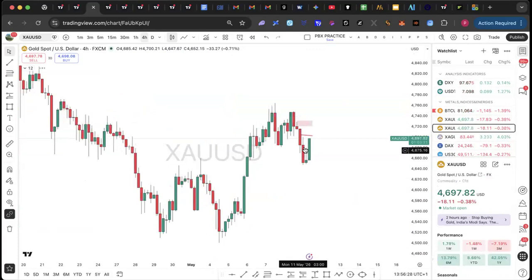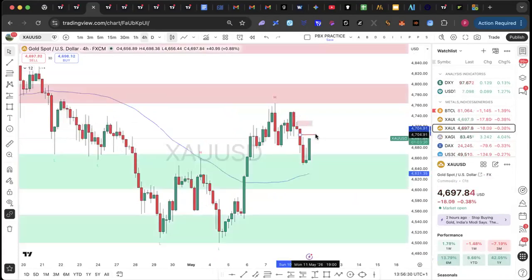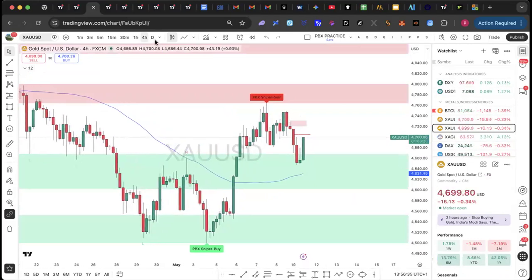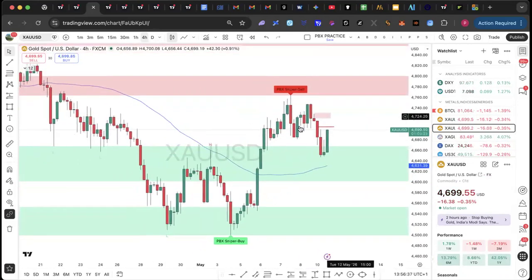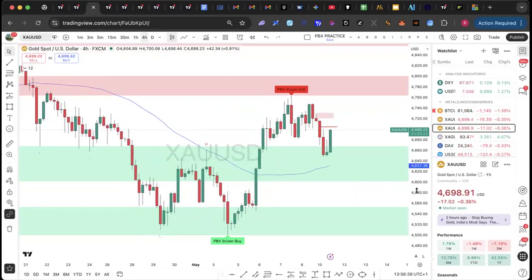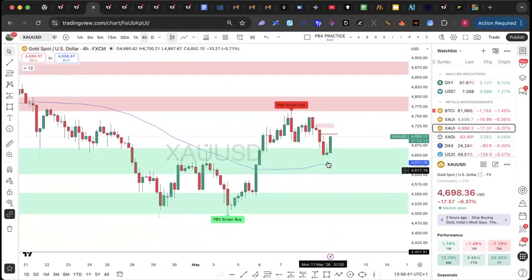So you can see gold. Look at it, massive, massive. I'm sure if I was not busy and had entered a buy, because when he sent the signal, the 4 hours didn't give us the signal, right? The 4 hours didn't give us the signal. But I was telling somebody in the morning, I said, this guy is inside a very strong support. If not, we have a lot of